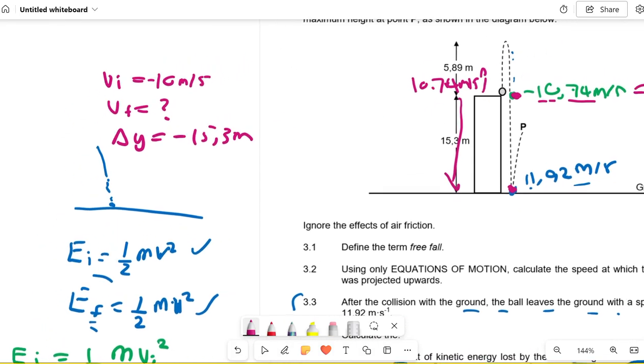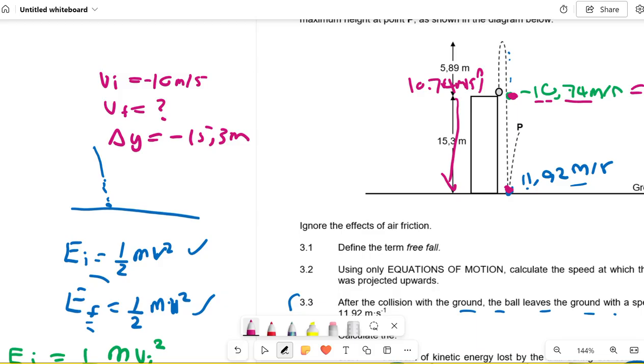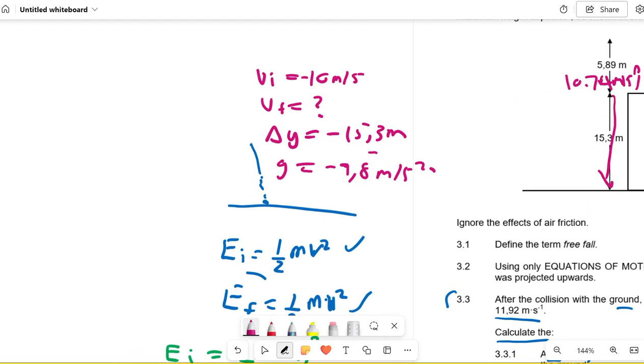Yeah, we have that distance. We also have gravity. Gravity will always be there. Gravity is minus 9.8 meters per second squared. Okay, now let us substitute. It's still the same formula. This is a very useful formula. I like writing it like this, it's quicker. So this is V final. That's what we're looking for. V initial is minus